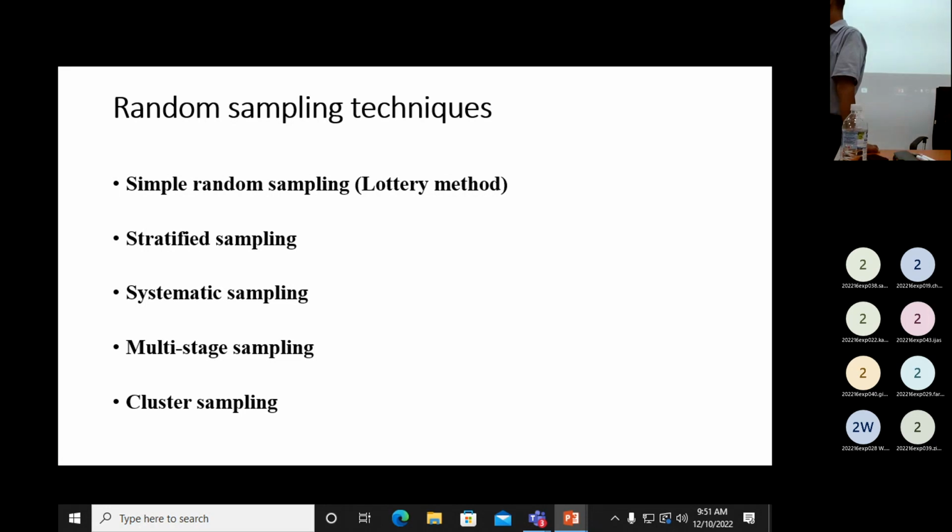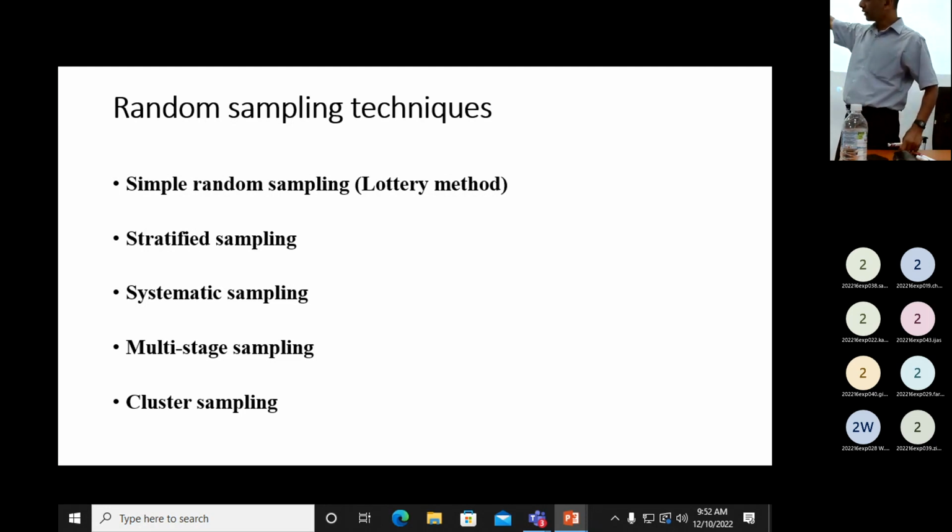Right? No need to visit all the different provinces, all the districts. No need to call. Selected parts you have to go. What is the disadvantage? The disadvantage is, if one of the selected areas is biased, the previous stages are biased, definitely the final sample will be biased. That's the problem.